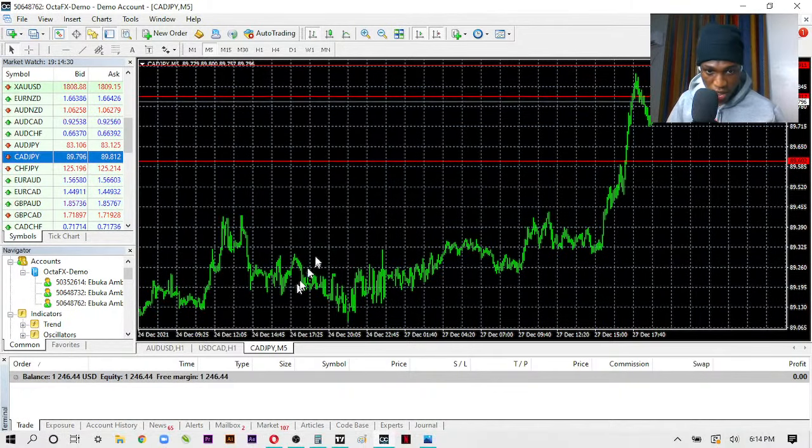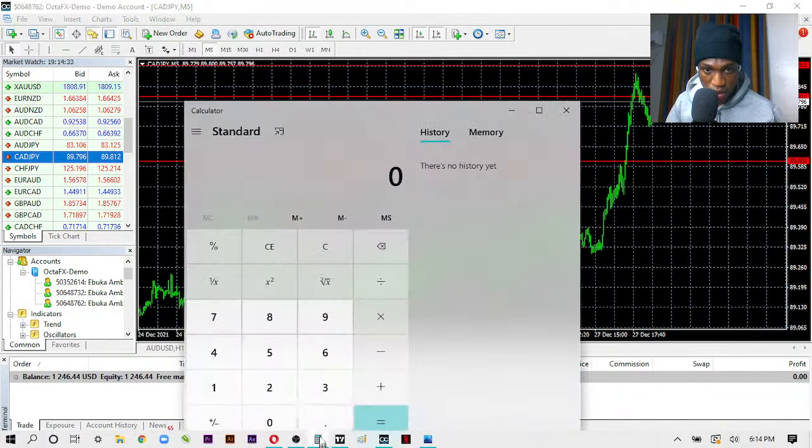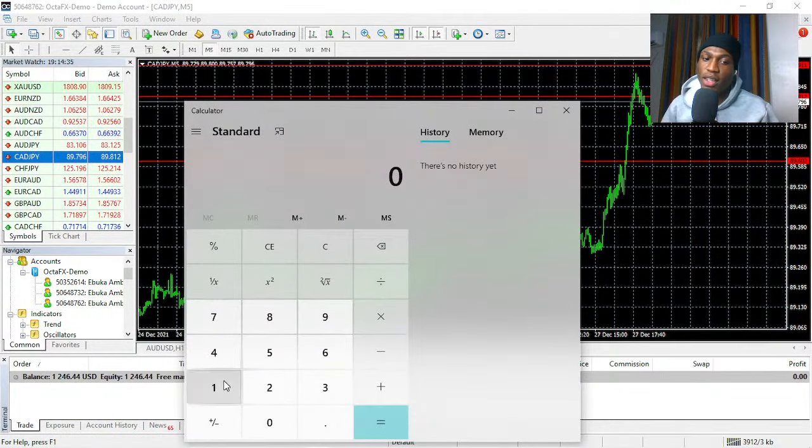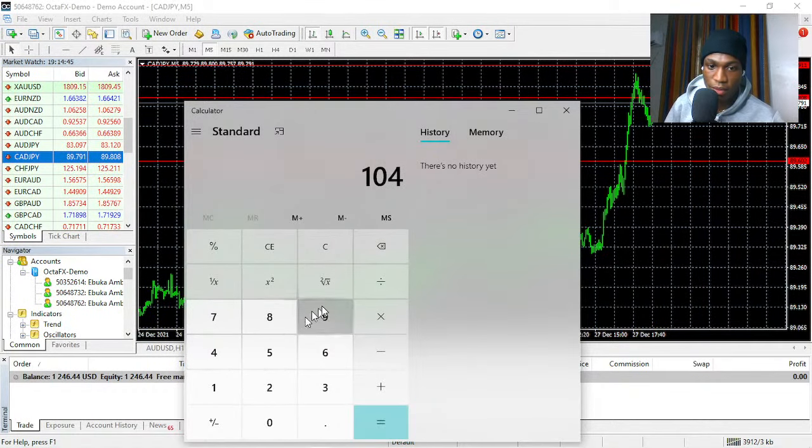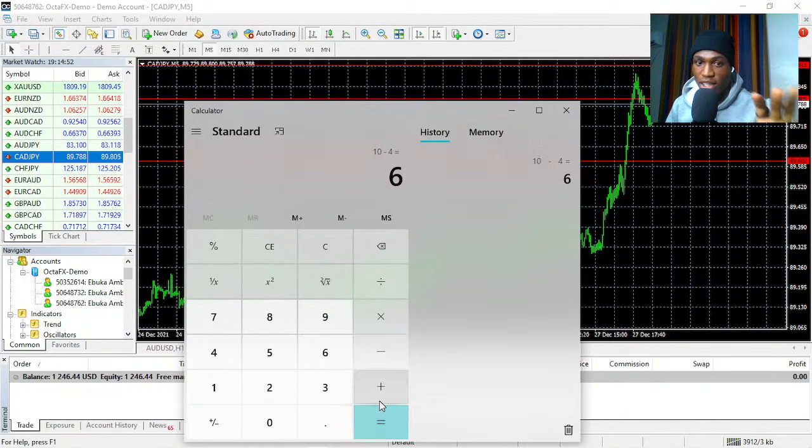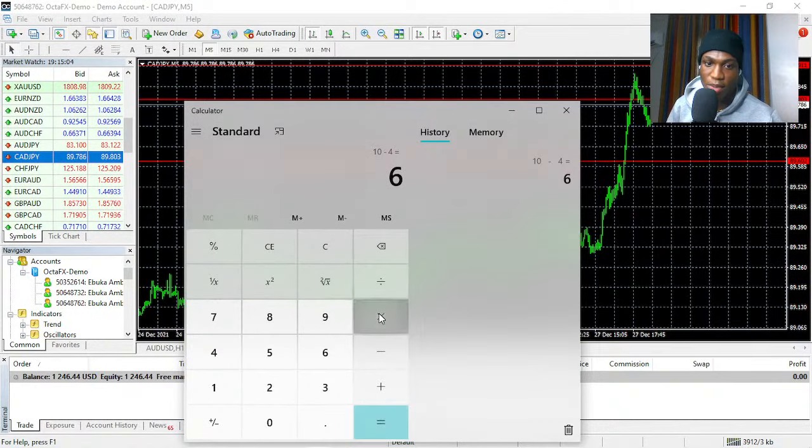Let me give you guys an explanation with an illustration. So let's say I placed 10 trades last week, right? And I lost 4. So let's do 10 minus 4. I won 6 out of these 10 trades, right? And my profit target for these 6 trades was 20 pips, and my stop loss for these 4 trades was 50 pips. Now 6 multiplied by 20 pips,